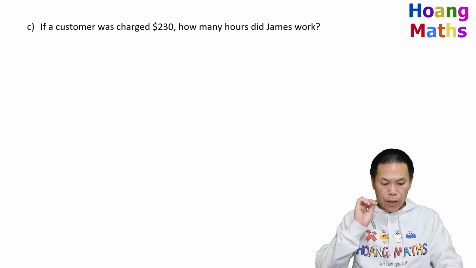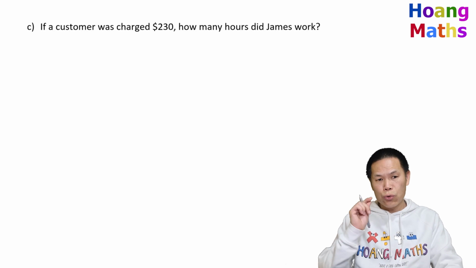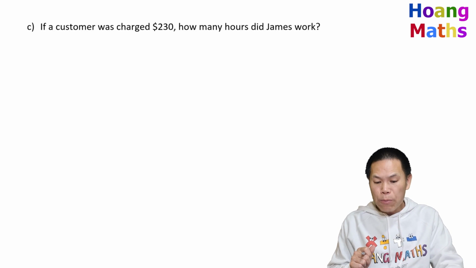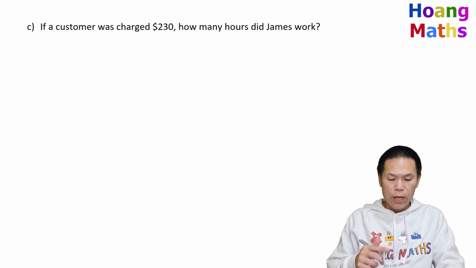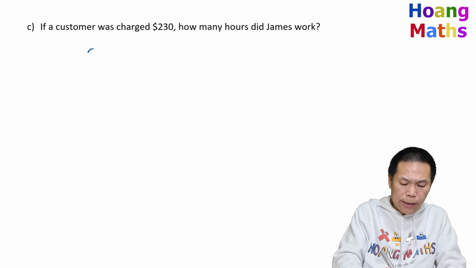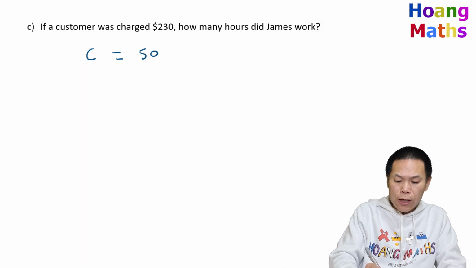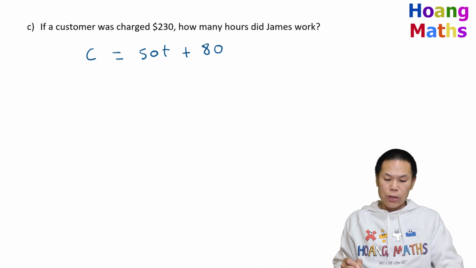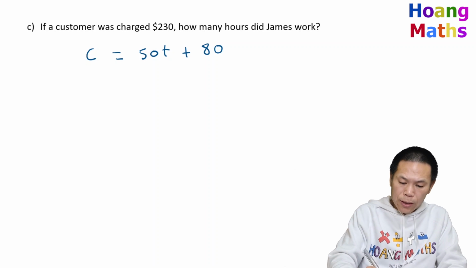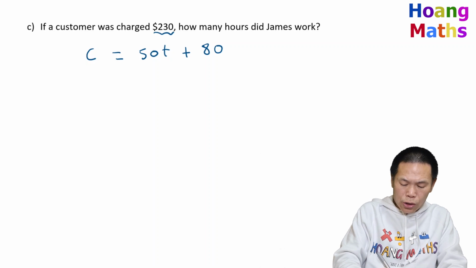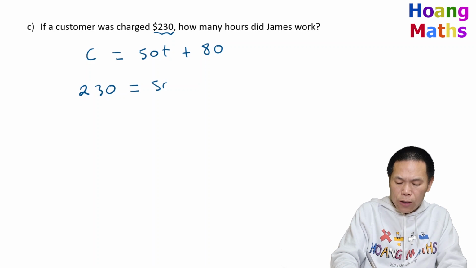Part C. If a customer were charged $230, how many hours did James work? First of all, we know that C, that is the charge, is equal to 50 times T plus 80. Now C is 230, so we go 230 is equal to 50